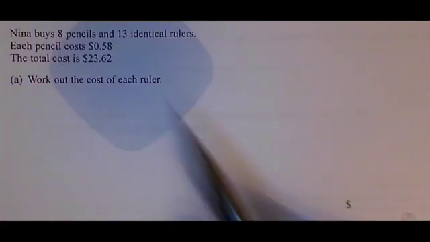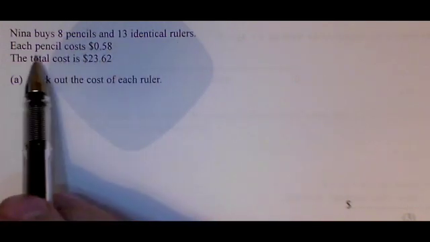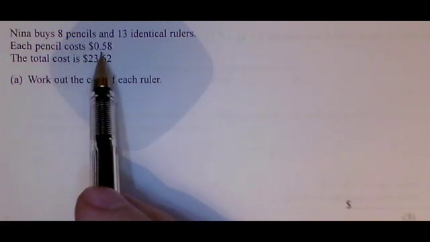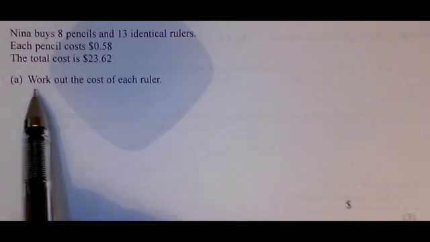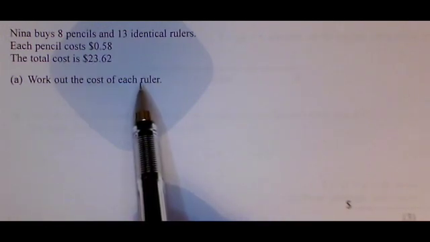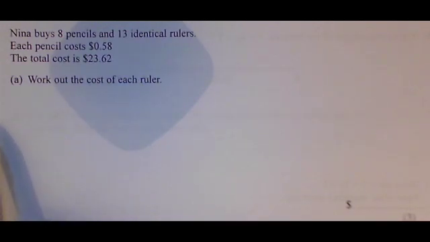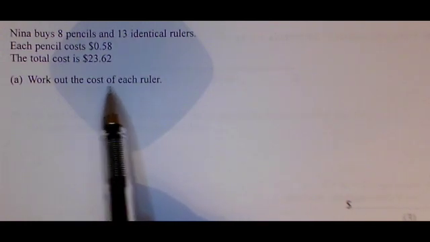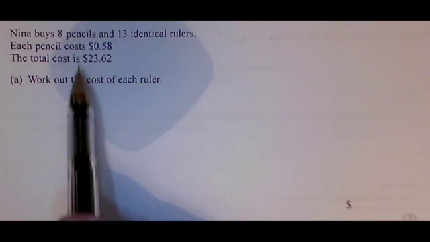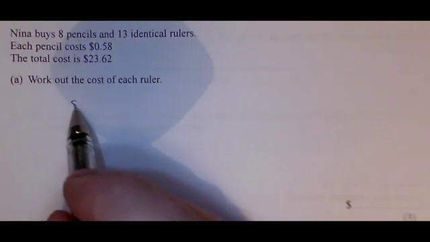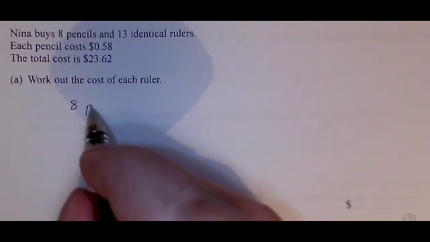Okay, so we've got a cost question here, and you can see we've bought 8 pencils and 13 rulers. We're told the price of an individual pencil, but we don't know how much money we spent in total. So I think the first thing we should do is find out how much the pencils cost. So we're going to do 8 times 58 cents, aren't we? Let's write that down, and then we take that away from how much money we spent in total, and that will tell us how much we spent on rulers, and then we can work out the cost